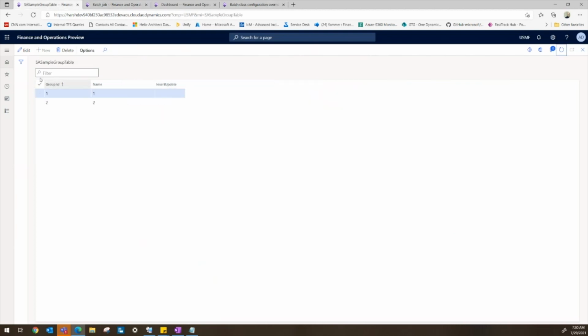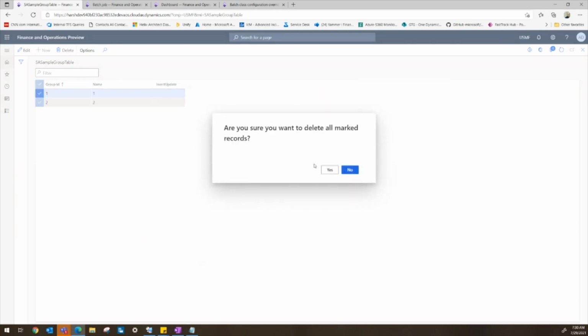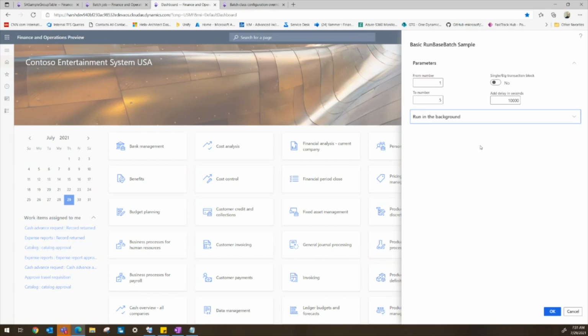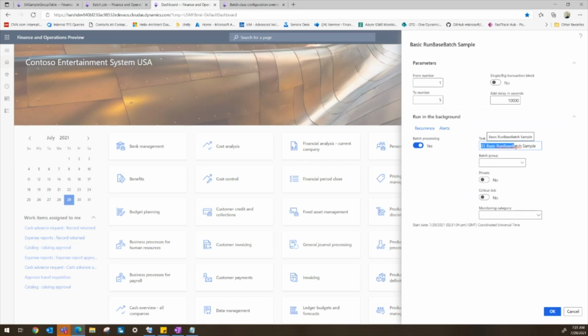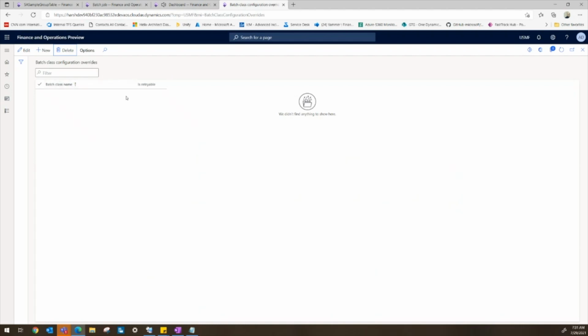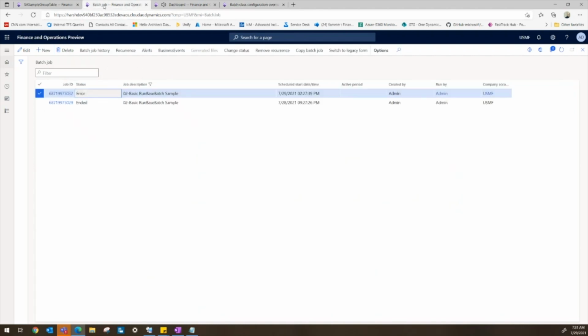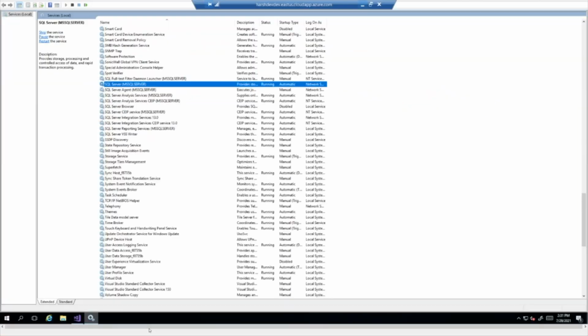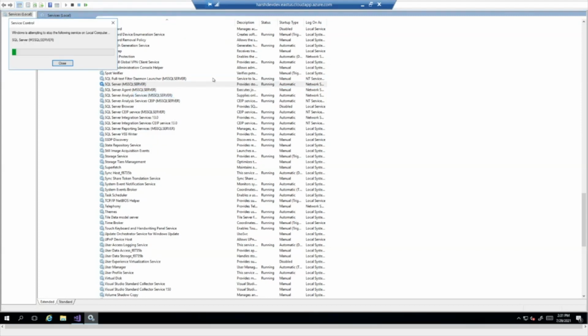Okay, so let me do it again for this particular process to make sure we exhibit the right behavior. So again, I'm going to set up my class. This is my third execution. Now I have removed this class from override, and let's see the behavior. So this is currently executing, and it started inserting the records. What I'm going to do is stop the SQL Server service.